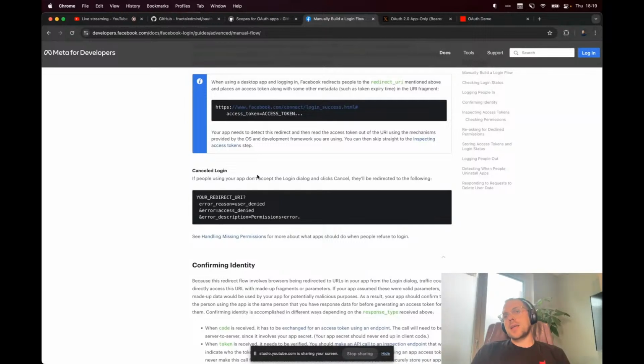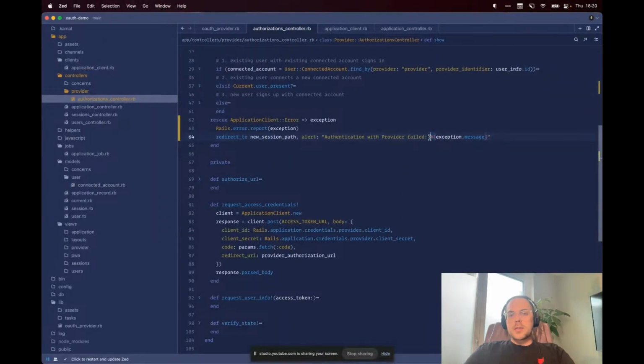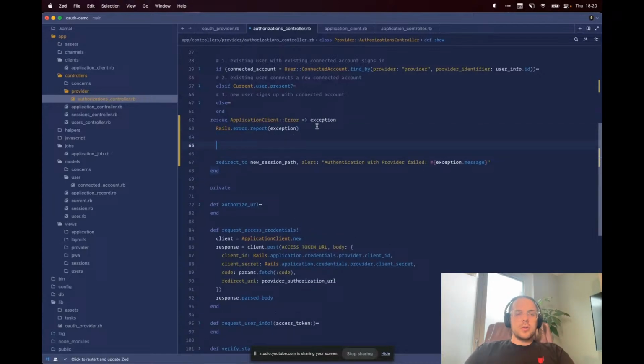So instead of something like a timeout error or a connection dropped error, the provider could respond and say something went wrong on our end, and they might provide an error message. And if we are showing error messages to the user, we might want to forward that along. So just to show what that would look like,